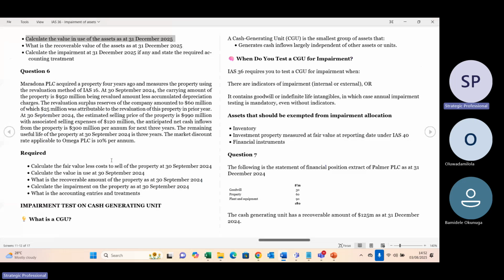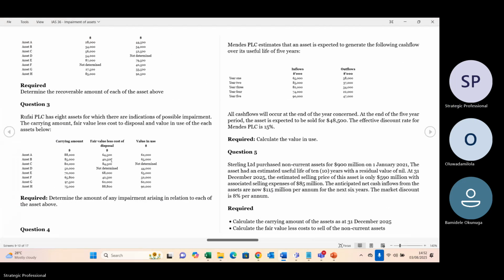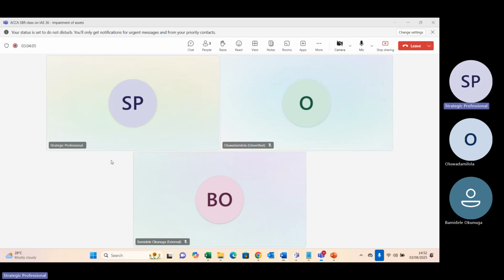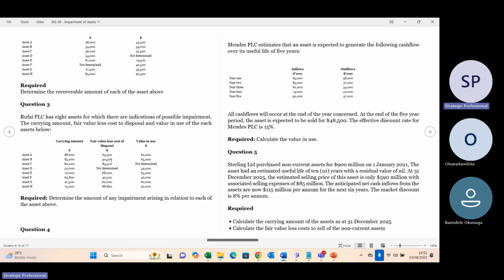Now, how do we determine value in use? For the purpose of IAS 36, before a company can determine that an asset has impaired, the first thing they do is look at indicators. We have two types of indicators: the external indicator and internal indicator. That is what they can control and what they cannot control. After that, the second thing is that they will compare the carrying amount. They will derive their recoverable amount rather.